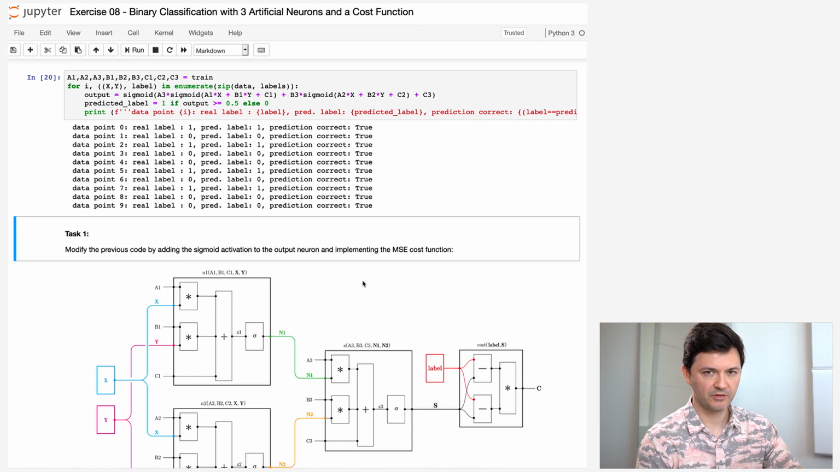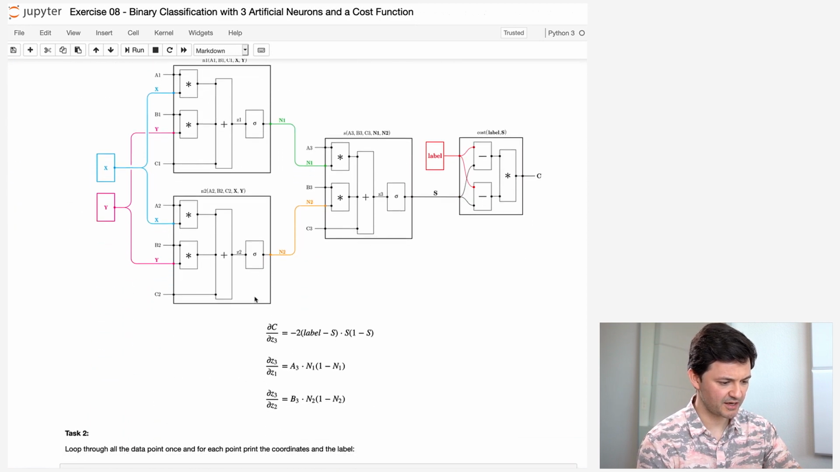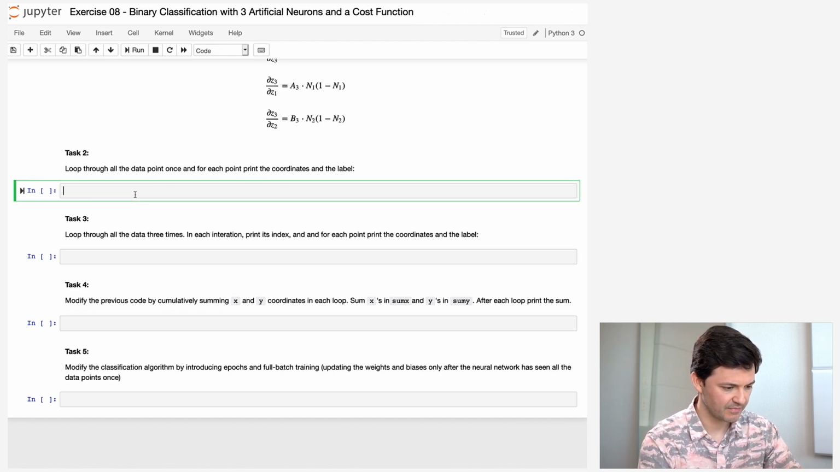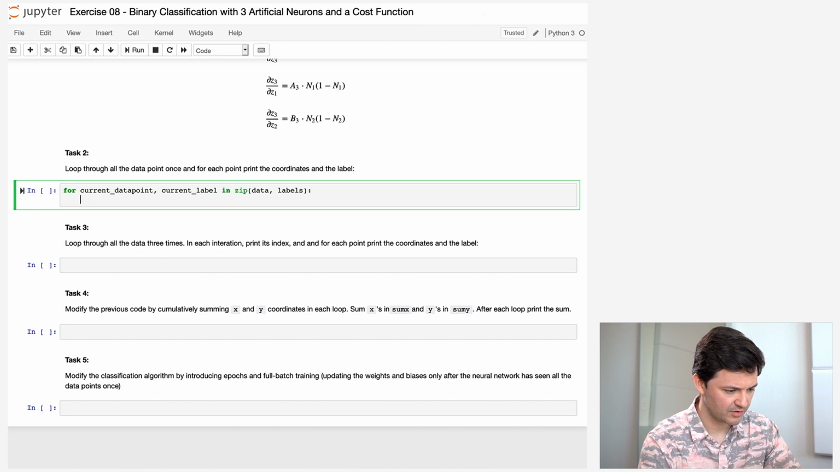So let's continue where we left off with our exercise number 8. We finished the task number 1, and now we have the task number 2, which says loop through all the data points once, and for each point print the coordinates and the label. Okay, this looks easy. You can just say for current data point, comma, current label in zip of data and labels. What do I need to print? I need to print the coordinates and the label. So instead of current data point, I can say x, comma, y. So then I can print